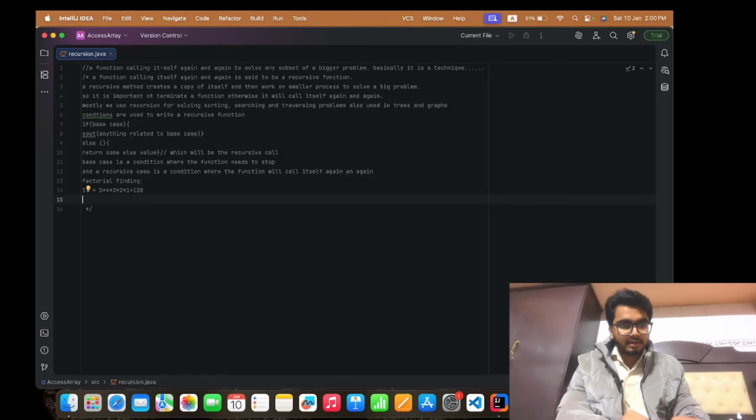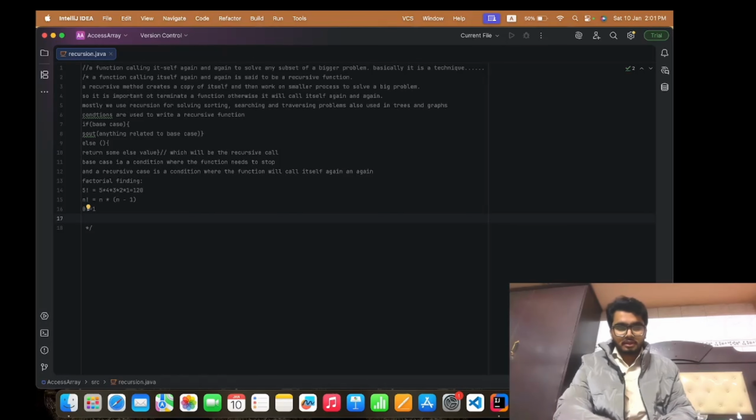But here is the thing, in coding the factorial is expressed by a formula: factorial of n, n factorial, is equal to n into factorial of n minus 1. This is the correct way of finding any factorial. According to this, the factorial of 0 will be 1, right?